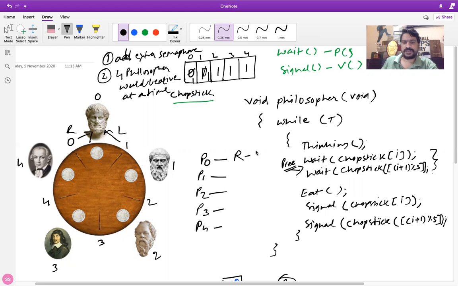राइट चॉपस्टिक था, उसके बाद लेफ्ट चॉपस्टिक था, राइट था, लेफ्ट था, राइट था, लेफ्ट था, राइट था, लेफ्ट था। अभी कोई एक को हम लोग क्या कर देंगे? बोलेंगे तुम पहले लेफ्ट को उठाओ फिर राइट को उठाना।